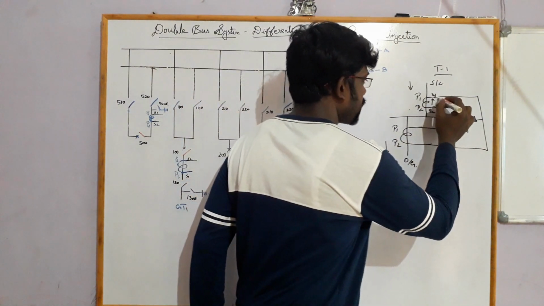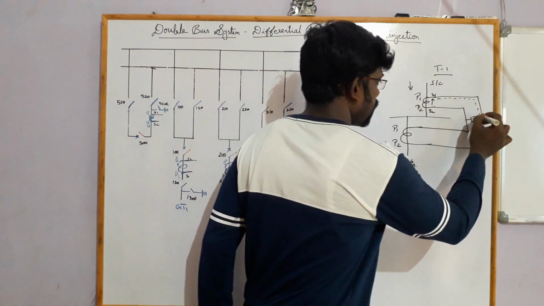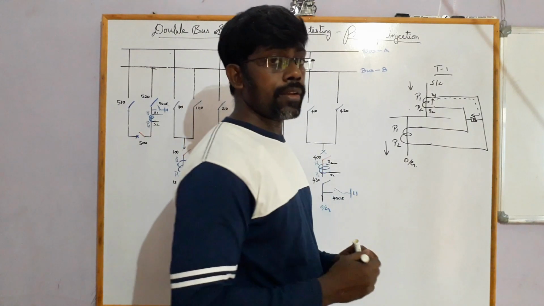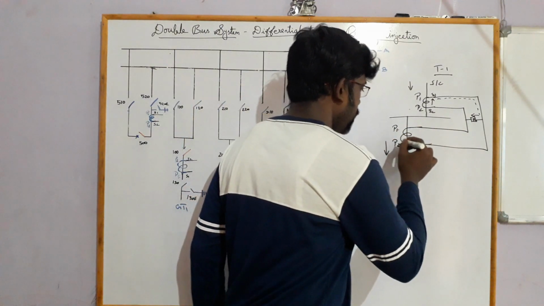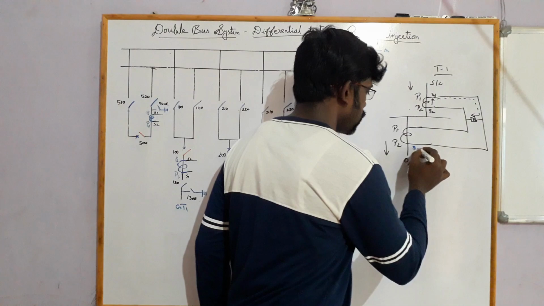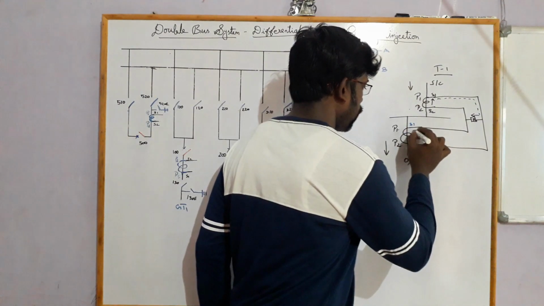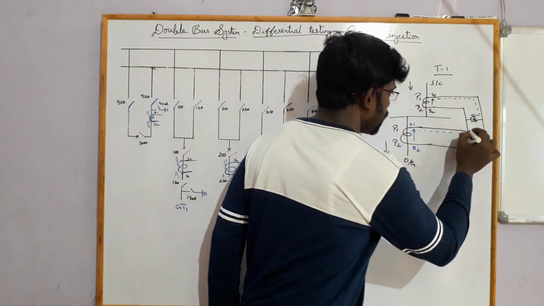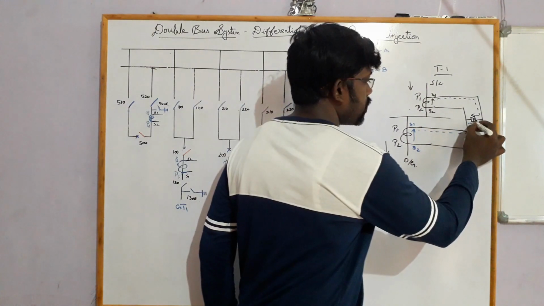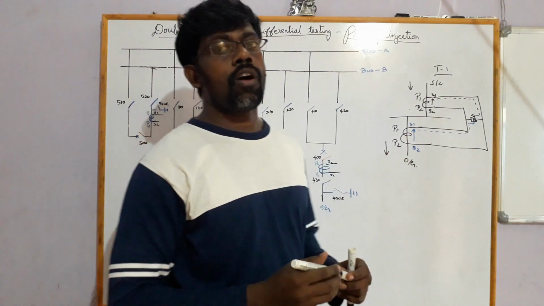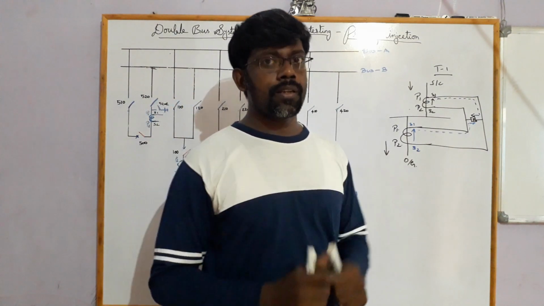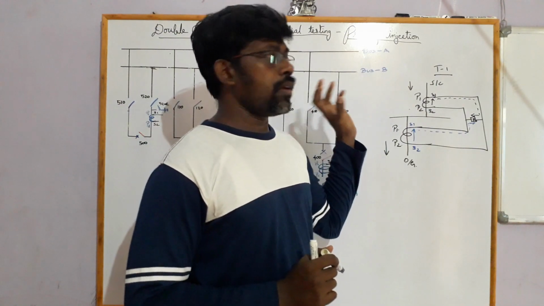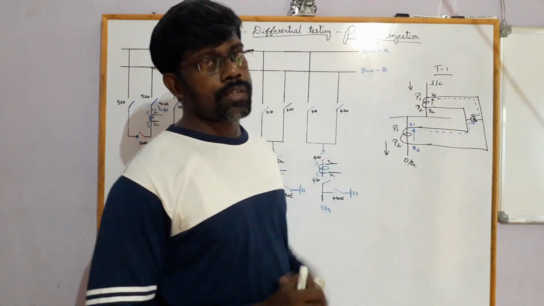So our current direction is like this. When you see for outgoing, it is going from P1 to P2 similarly. So our current flow will be from S2 to S1. So our current direction will be like this. When you see, both currents are opposite to each other. This is one type of CT polarity. This is an instability condition.